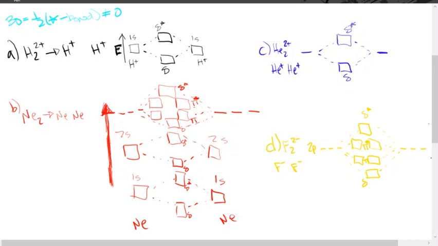What I like to do, just for a quick look, is if there's nothing here at all, like this first one, then it doesn't exist, or it doesn't exist stably. If they all fill up and there's nothing extra, like the letter B that I have written out here, we have 2, 4, 6 and 2, 4, 6. So 6 minus 6 is 0. Half of 0 is 0, so the bond order is going to be 0. So if they all fill up, it doesn't exist. You want something to be